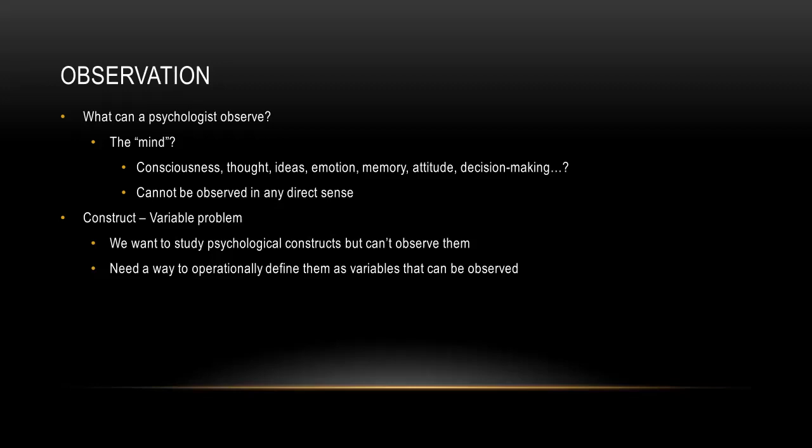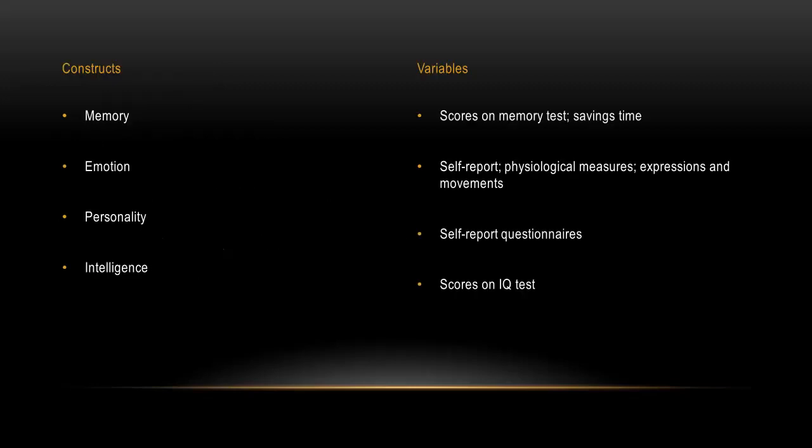So that's a variable, but it's all meant to measure the same underlying construct of memory. And this is one of our key things in psychology, right? So we have here a list. This is just a very small list of 4 possible constructs along with 4 variables that we could use to measure them. So as I had mentioned, memory could be defined in terms of an observable variable. And of course, that's the key issue here, is that variables need to be defined in things that are observable, whereas the constructs may not be.